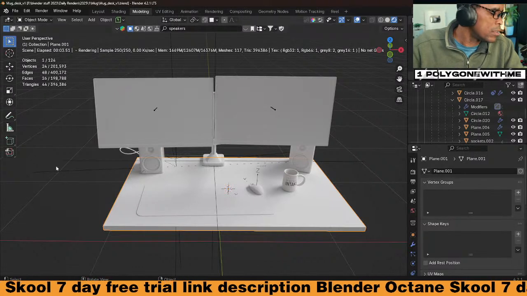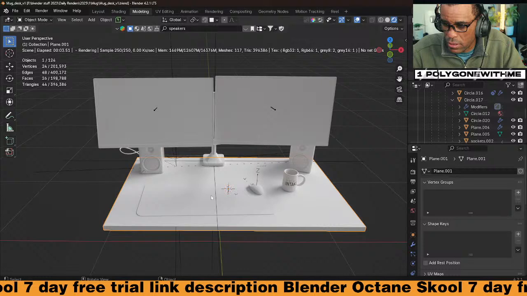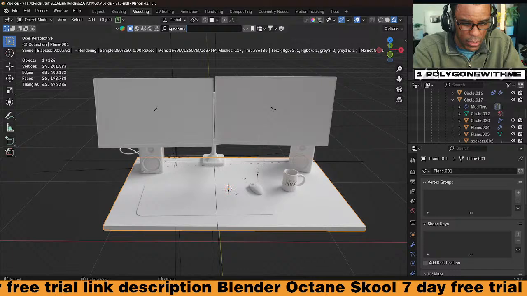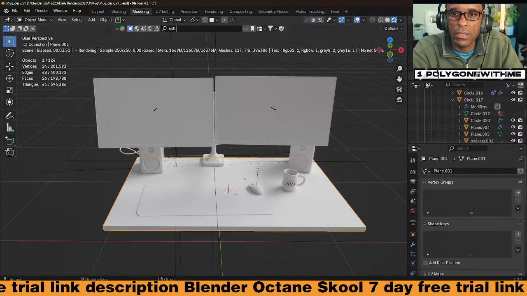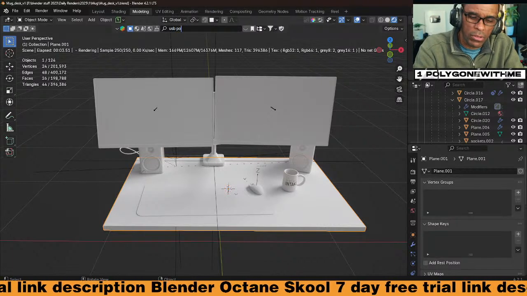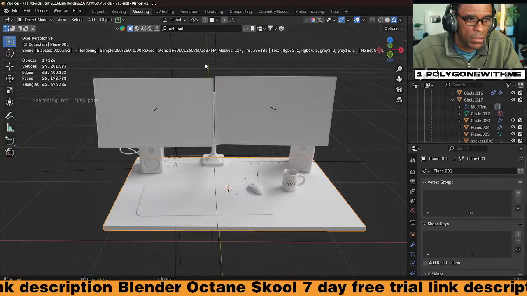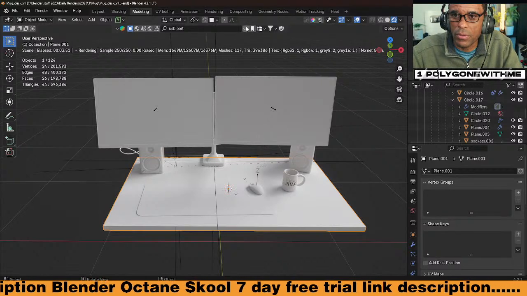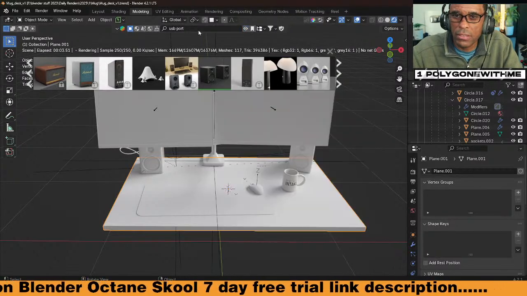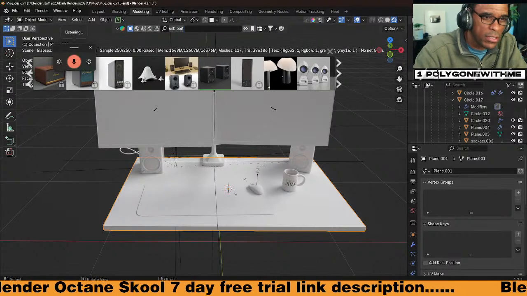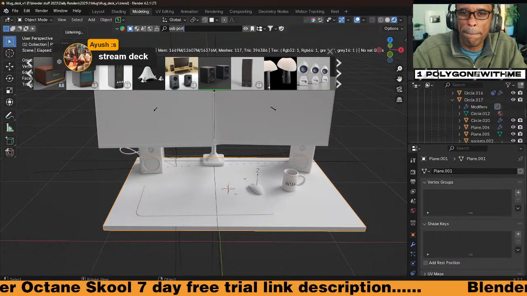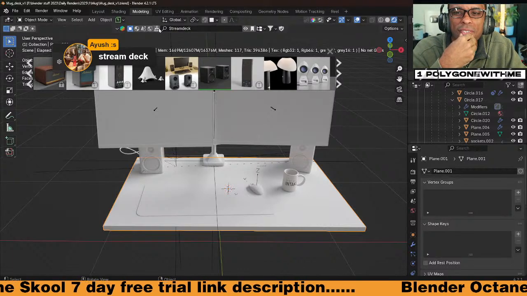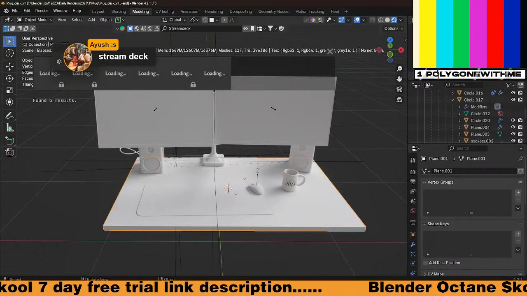I've got my pencil case on my desk, and I've got a USB battery. Let's do that. Can we do a USB? Let's go USB port. Stream Deck. Yeah, Stream Deck. Perfect. I wonder if they got a Stream Deck. Let's see if we got a Stream Deck. I'll be surprised if there's one of these. What? 6 results found?